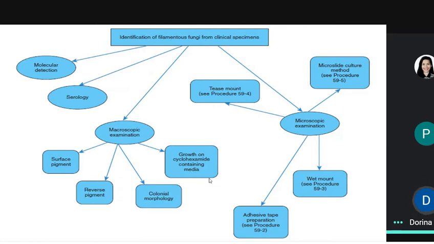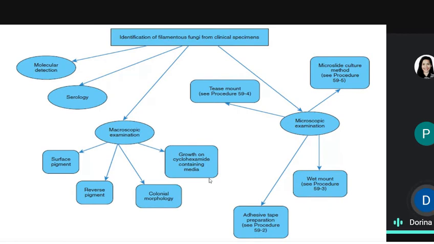Usually, when there is a lot of aerial mycelia, it covers the pigmentation of the fungi, so you have to check the reverse pigment. Reverse pigment is examining the bottom of your Petri dish. And then, of course, your colonial morphology. What is our colonial morphology? Texture and topography. And then its growth in